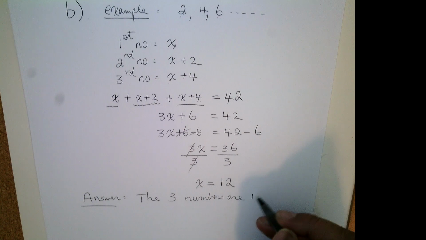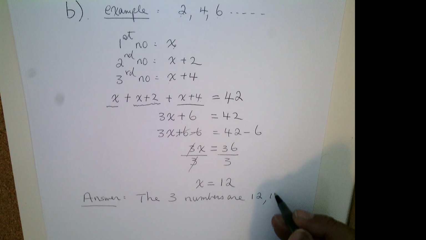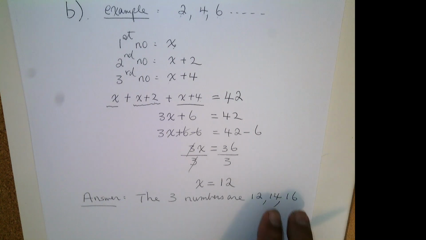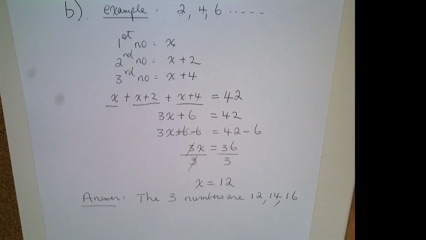consecutive even. Let's start with 12, 14, and 16. You can check by adding these 3 numbers, guaranteed it adds up equal to 42. Okay? You see the significance about the answer statement is reinforcing the solving step. The solving step may not include all the answers. All right? And for the C part,